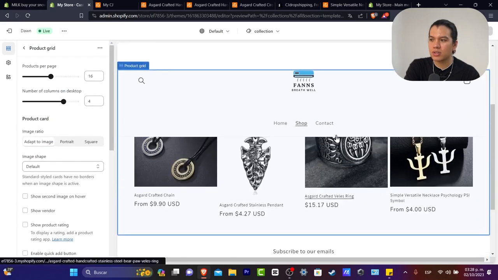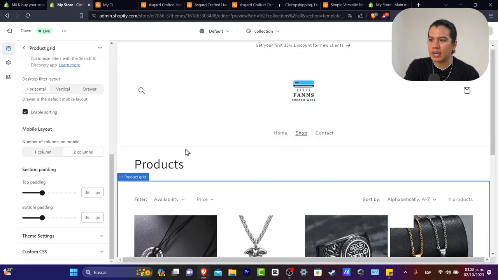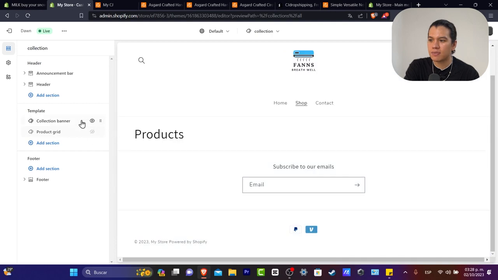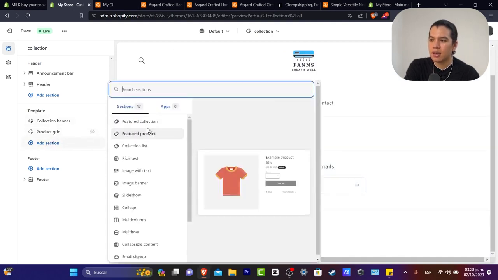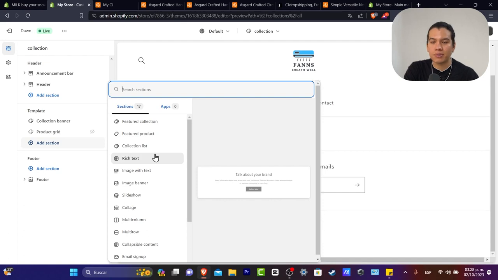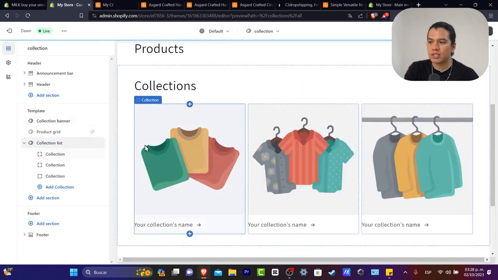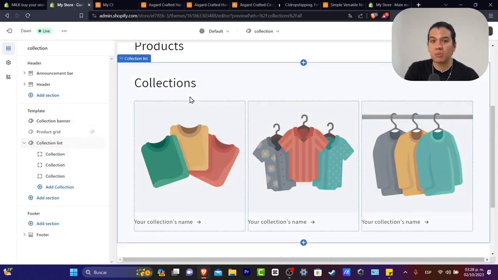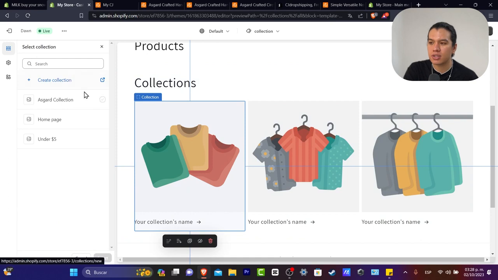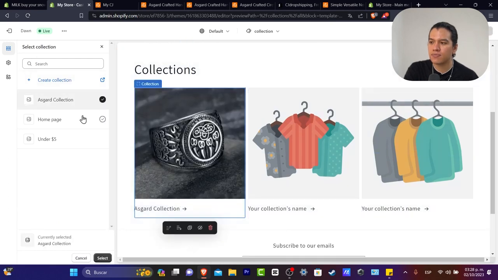So what you can do is to, let's say, go into product grid, and I'm going to just hide this, and here into the template I can create add section, and whether you wanted to add a feature collection, feature product, a collection list, or whatever. Usually what I do is to go into collection list first, so people can check out what do we have to sell here. So into collection list I click here into collection, and let's go for Asgard collection,